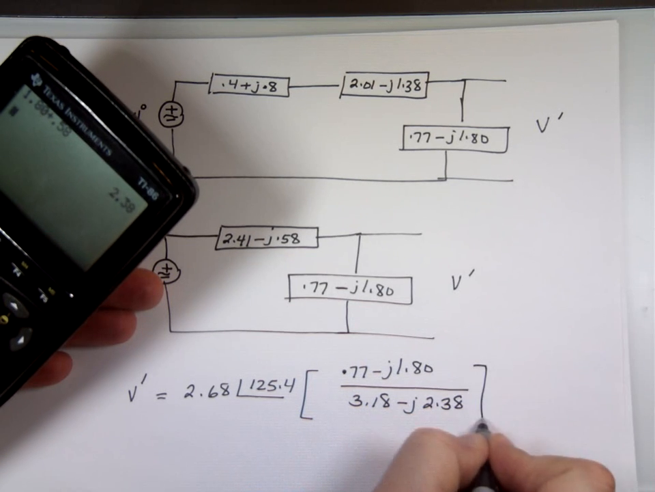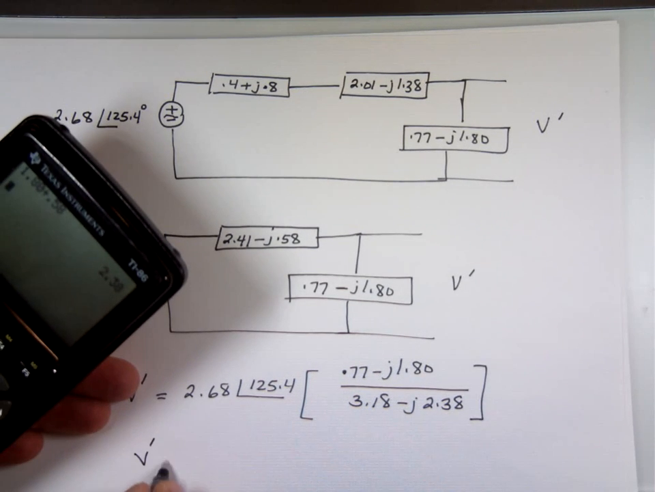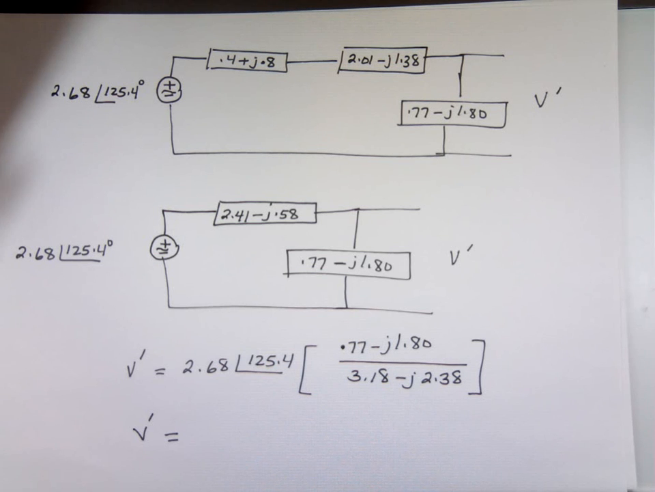And V1 will be what? I have to use brackets to write them. 2.68 angle 125.4 times 0.77 comma 1.80 divided by 3.18 comma negative 2.38. And my final answer for that is 1.32